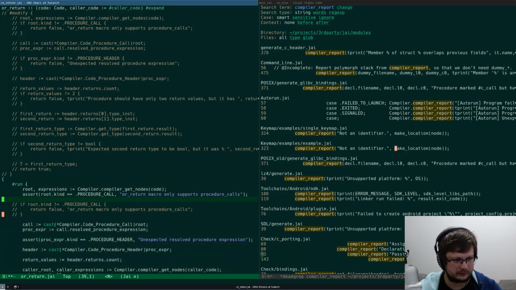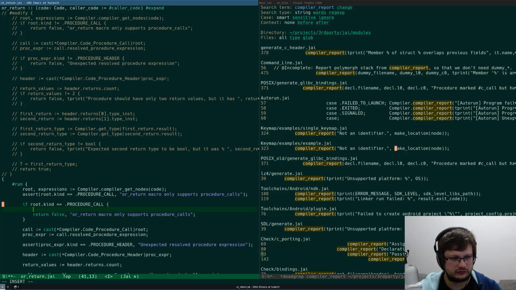Oh fuck! What am I doing? I'm blanking on Vim hotkeys. Let me fail it, and I will do compiler report, bool, and make location.